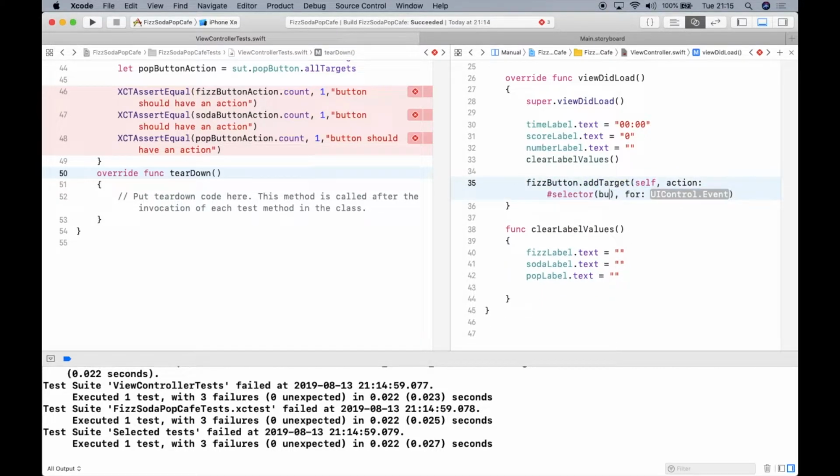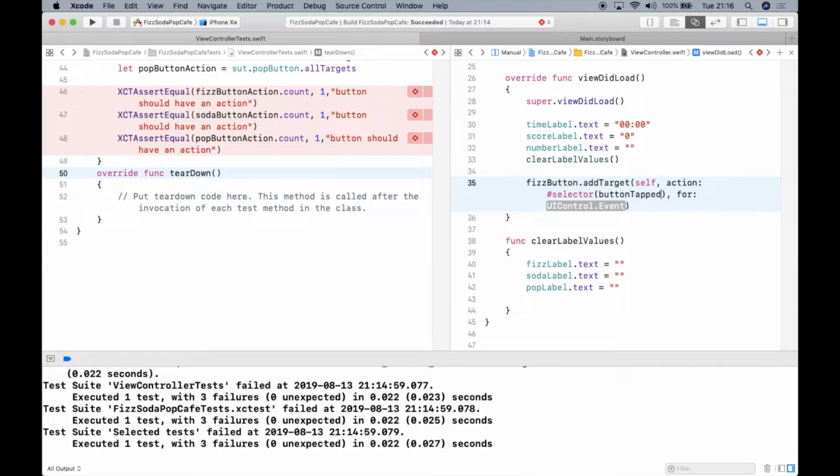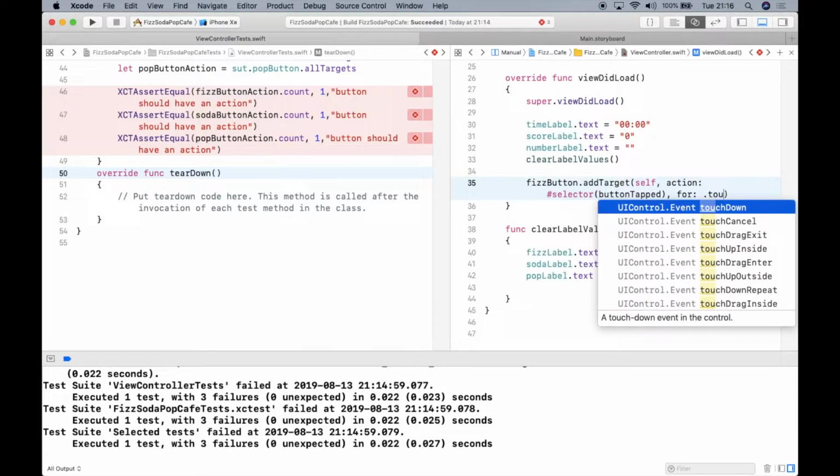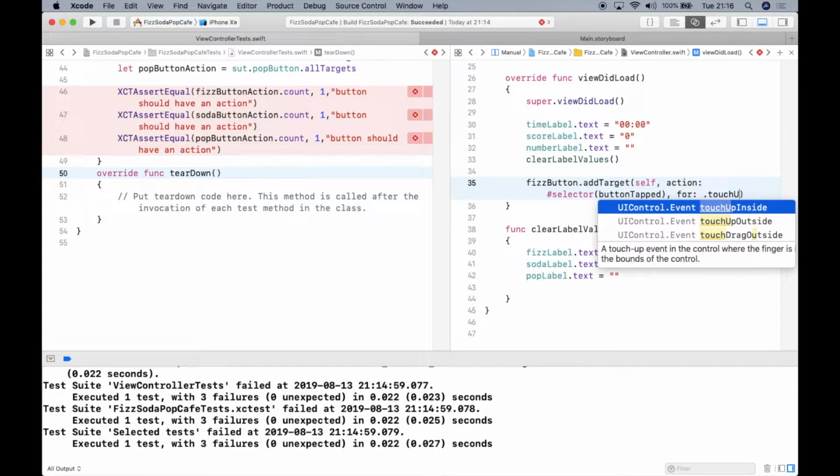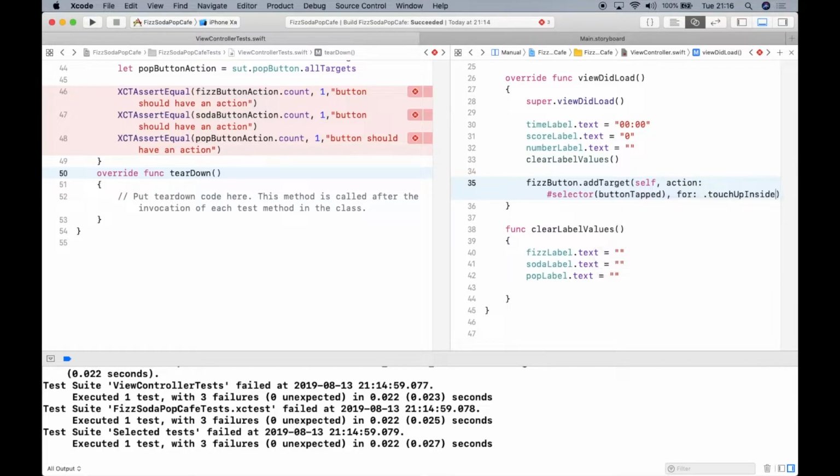And it's going to be called buttonTapped. It's going to be the name of the method. And for what event, this is going to be touch up inside, and it's a touch event where the finger is within the bounds of the control. That's what that means. I'm going to save that, and then it's going to give me an error probably because